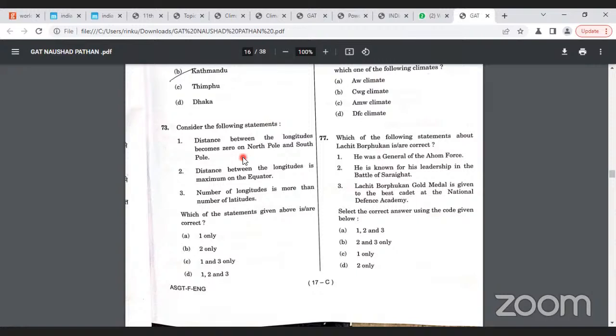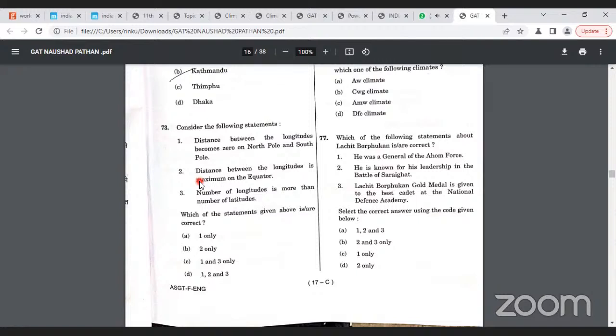Distance between the longitudes becomes 0 on the North Pole and South Pole. That statement is also correct. And the distance between the longitudes is maximum on the equator. This statement is also correct. So these two are absolutely correct. The number of longitudes is more than the number of latitudes. Yes, the longitudes are counted as